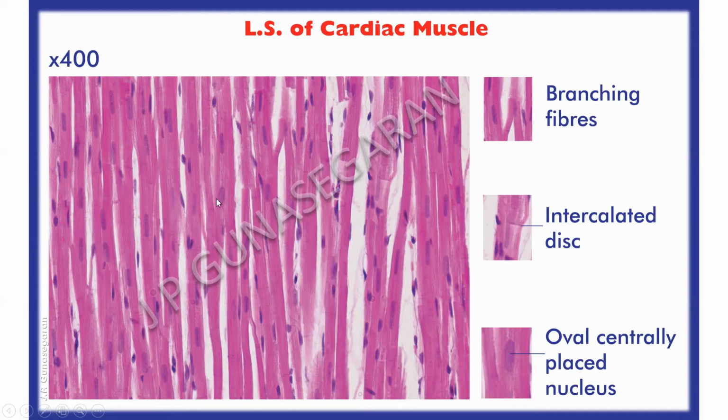The most striking feature of a cardiac muscle is the presence of intercalated discs. The intercalated discs are specialized cell junctions at the ends of the adjacent muscle fibers. The gap junctions present at the disc allow electrical continuity between the fibers, and so cardiac muscle is regarded as a functional syncytium.